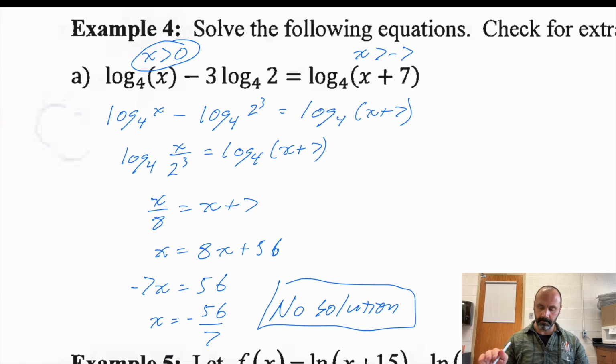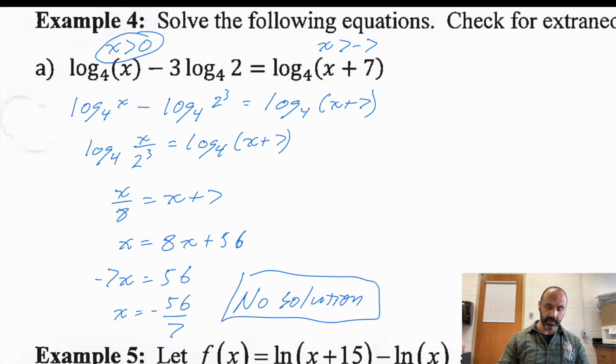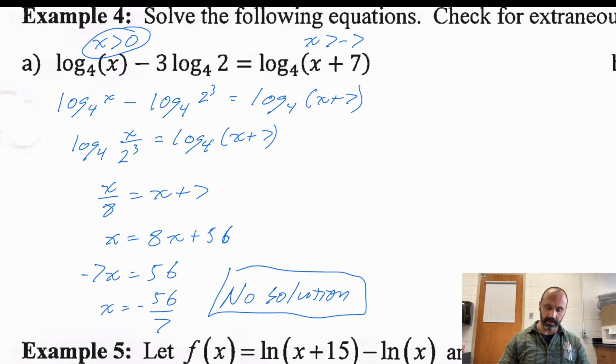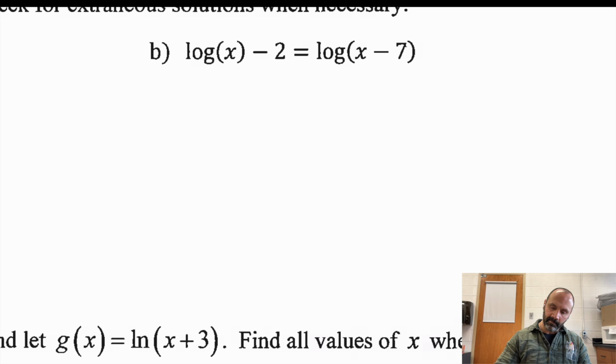Sometimes that happens. But again, you've got to see it. In order to see it, you've got to check that you've got the domain restrictions and that you're following them when you have your solution at the end. Next,